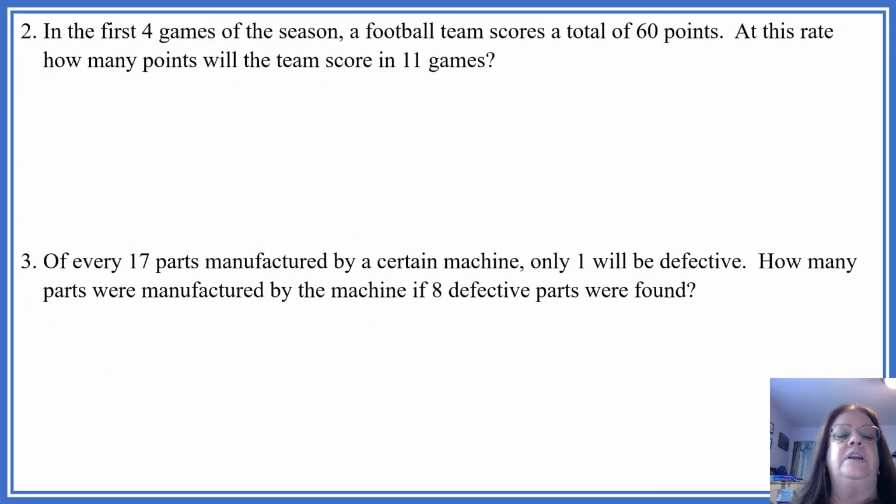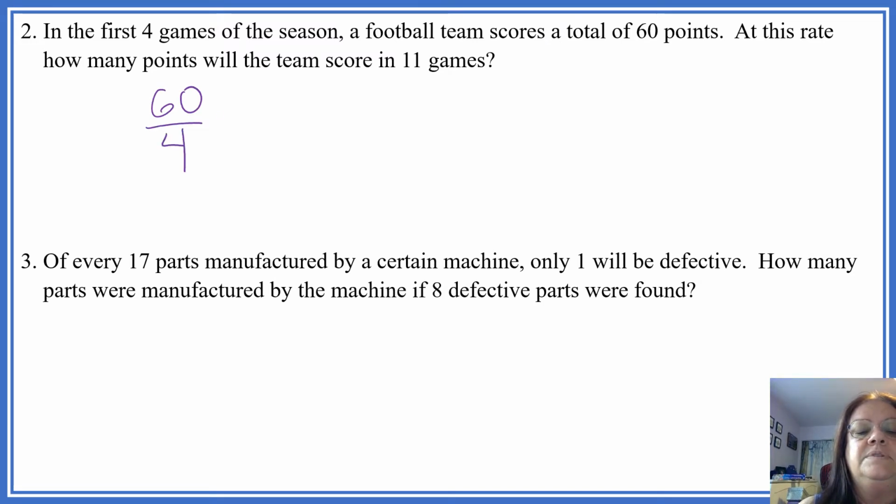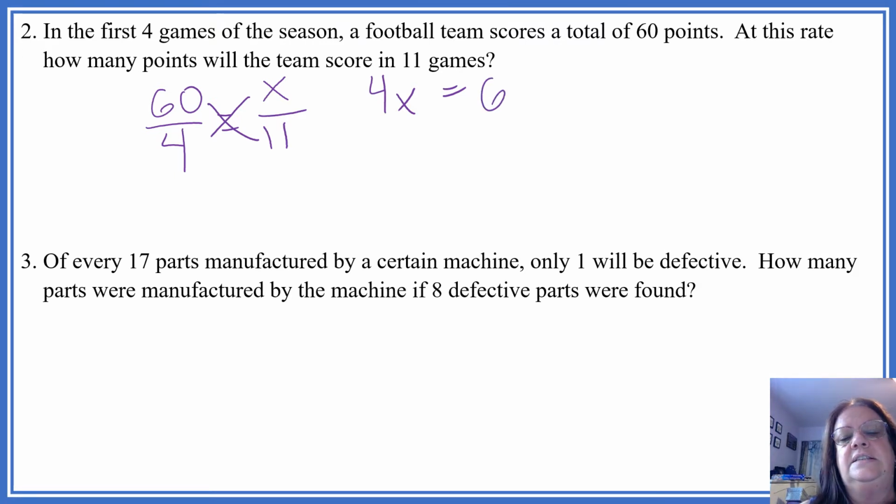All right, in the first 4 games of the season, a football team scores a total of 60 points. At this rate, how many points will the team score in 11 games? So I have 60 points for 4 games. How many points for 11 games? All right, 4x equals 660. Okay, now I divide both sides by the coefficient of the x,